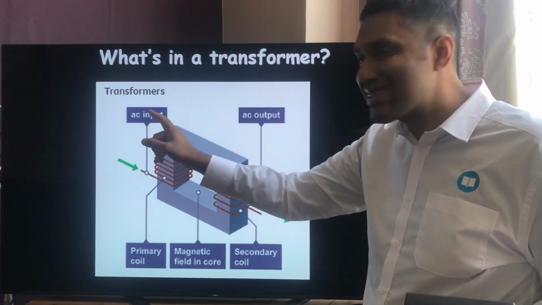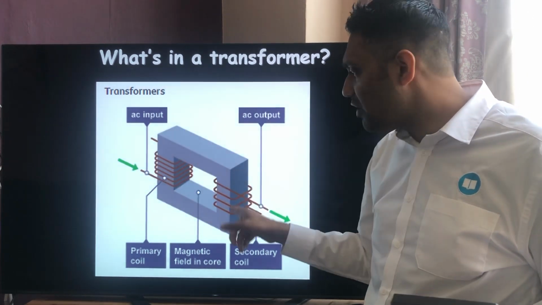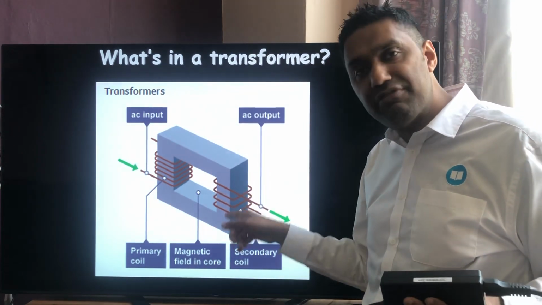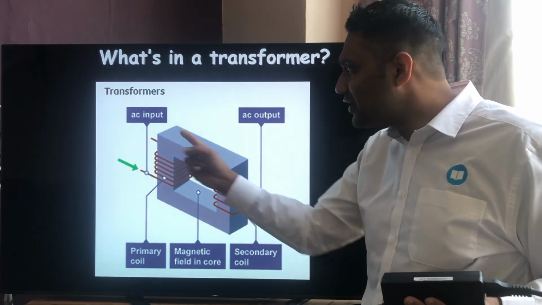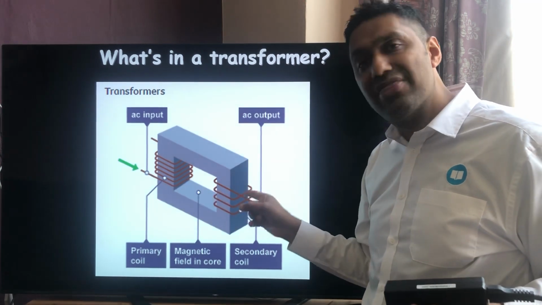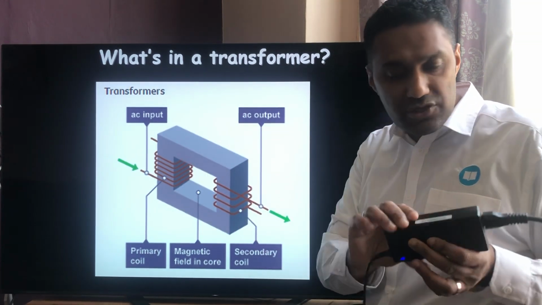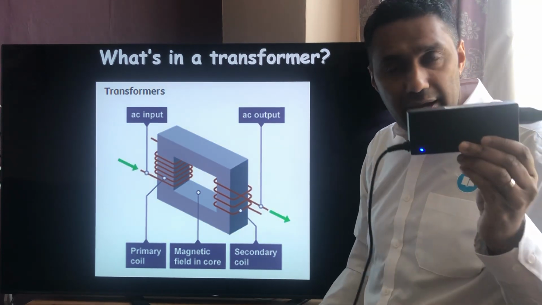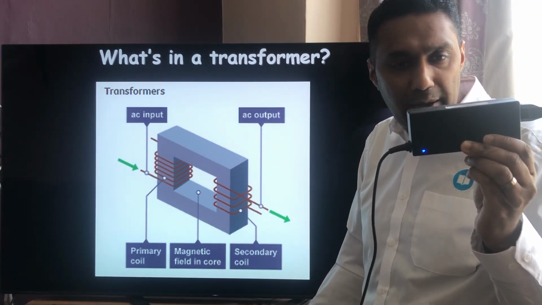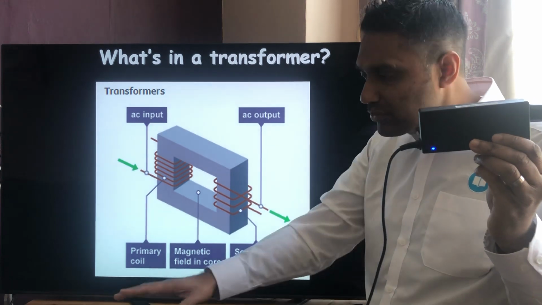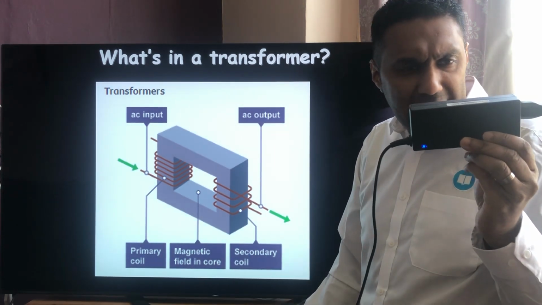So if I've got 20,000 volts on this side and I've got half the turns on this side, I'll get half the electrical energy on this side. So if I had 20,000 volts there, I'll end up with 10,000 volts there because it's done in ratio, in proportion. Okay. So for instance, here is my transformer for my power pack for my laptop,